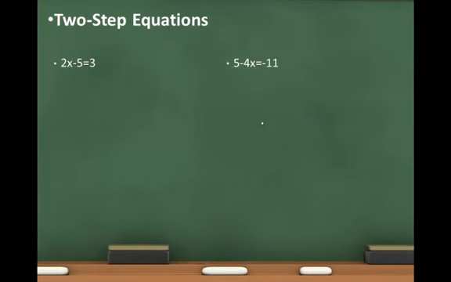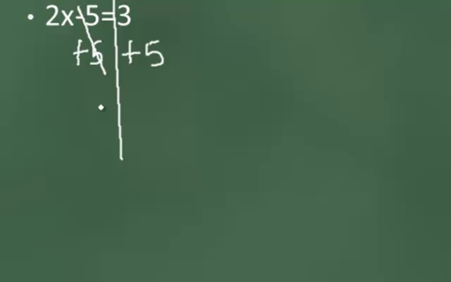The next equation would be the two-step equations. Here you have an extra number that you have to deal with. Again, divide the two sides of the equation, if that helps. And we're going to start moving the -5 because it's the number that is farthest away from your variable. Again, it's a -5, so if I make it a +5, it moves to the other side. -5 plus 5 is 0, that disappears, and I'm left with a 2x, and 3 plus 5 is 8 on